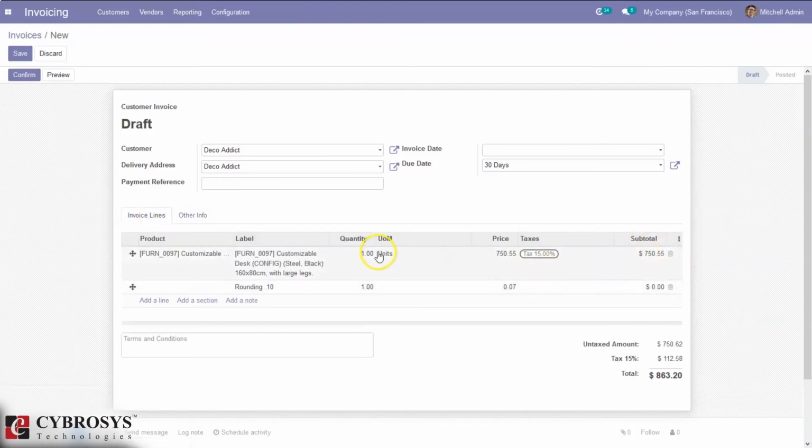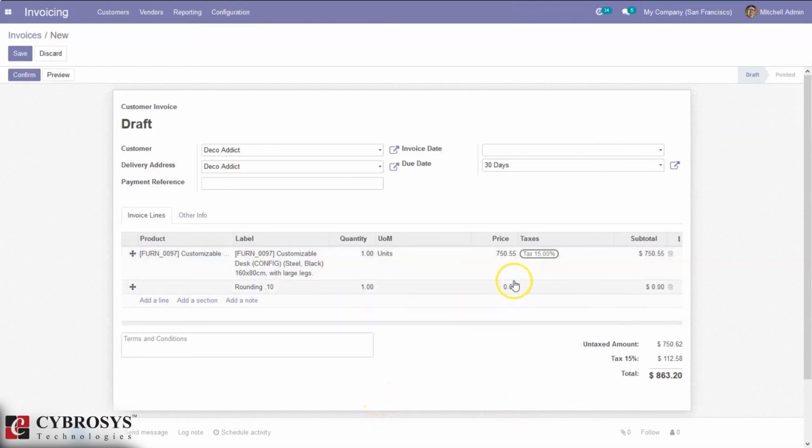you can see an additional line is added here, and the label is rounding 0.10. You can see the quantity, then the price used to add rounding. In this case, as we have chosen the rounding method as up, the value is rounded towards plus infinity based on the rounding precision.